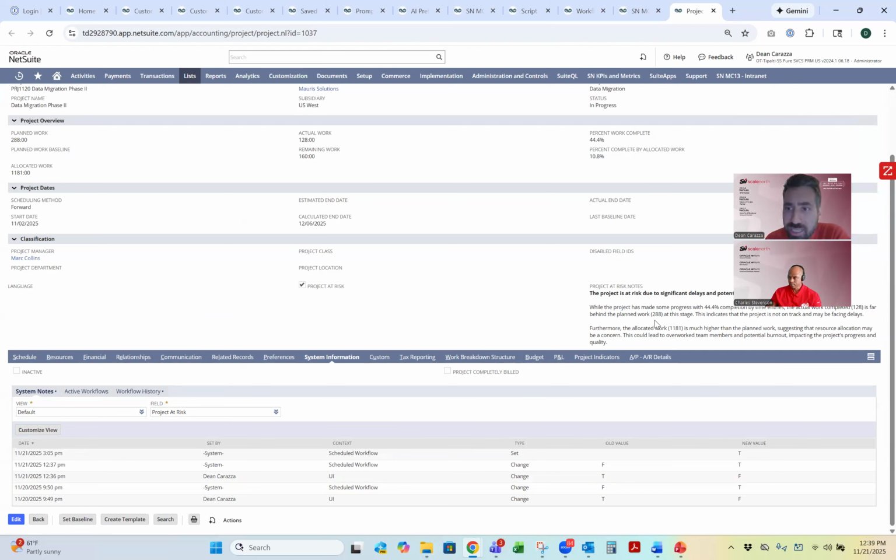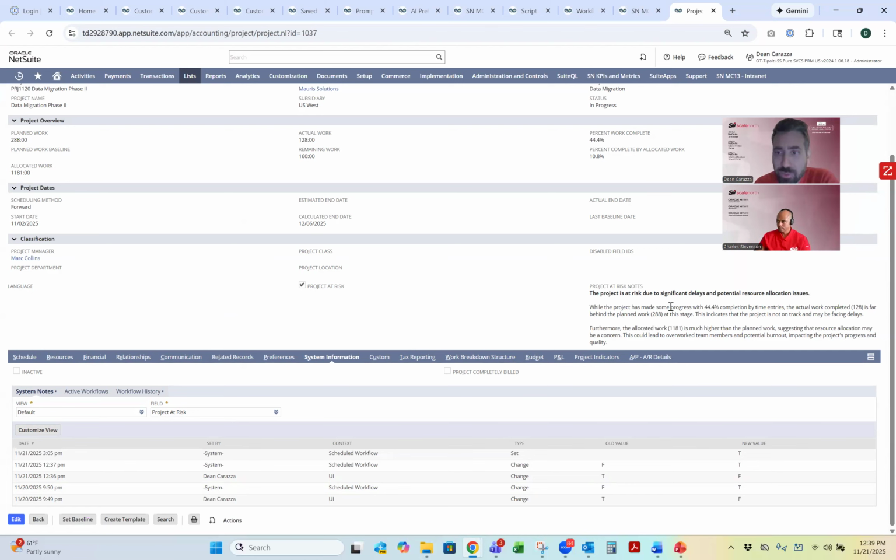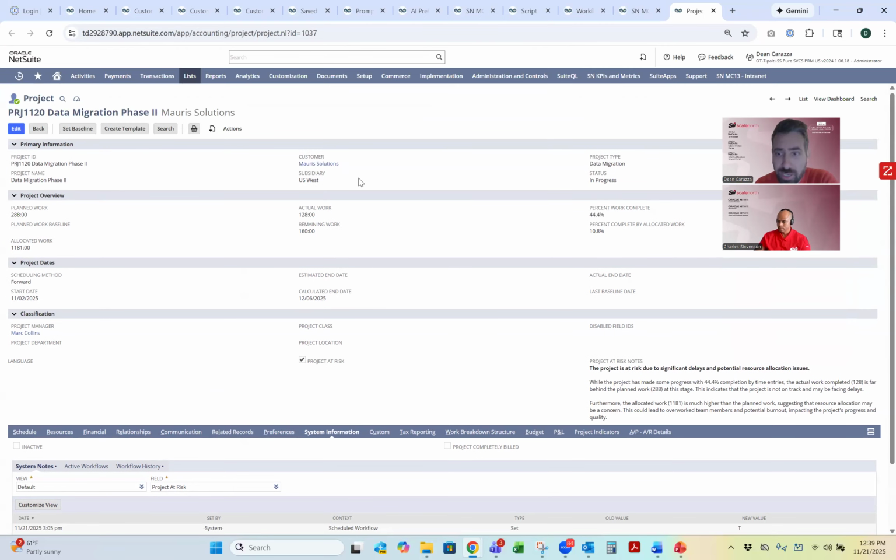And you can validate that some of these variables should be coming right off of this project record. So 128 hours matches actual work 128 hours, planned work 288, planned work 288. So it's kind of a cool solution, right? I mean, yeah, AI could do a lot of stuff, but I think it's a very unique example of where